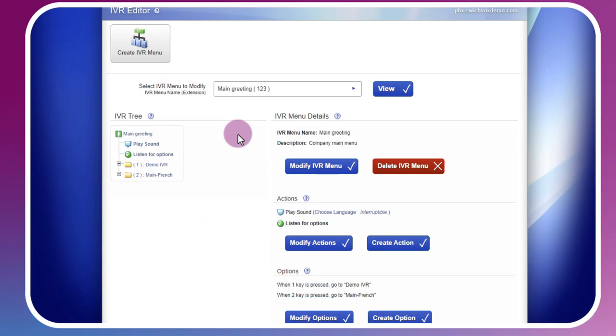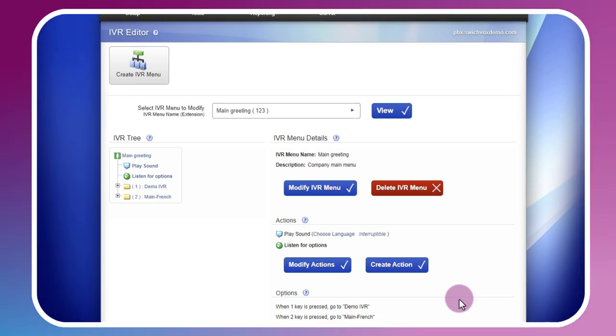So by dialing 1, 2, 3, I was able to test the main greeting. I was able to hit 1 to go to the sales IVR, or the demo IVR in this case, and I was then taken into the sales queue directly. When you're ready to use your advanced IVR call flow, that extension for me is 1, 2, 3. I can go and route now a DID to that extension, or route calls to that extension in any other fashion that the Switchvox uses.